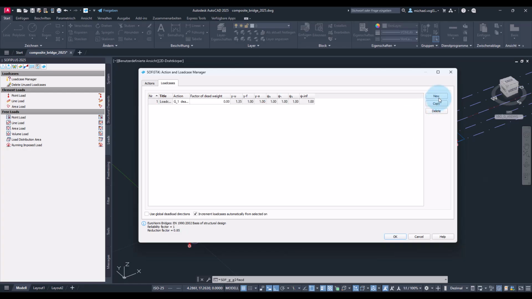First, I will create a load case, number 1, which will be used for the additional dead load in the construction process. So I name it like that. I will assign the action none because these load cases will just be used to carry the loads and refer it later to the construction stage manager when we calculate the construction process. Okay, then we can create the loads.